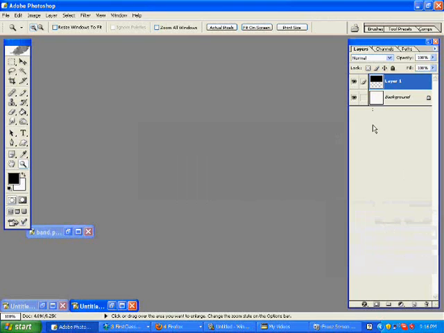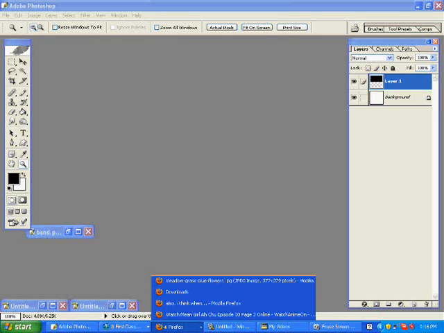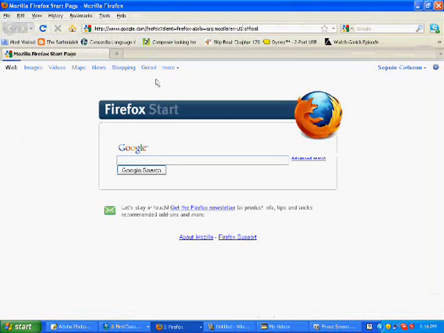Everyone, what I'm going to do today is show you how to turn an image into a tiling pattern. So I'm going to go into the internet, the World Wide Web, and try to find an image that I want to tile. Let's say, for example, that I want to create some kind of never-ending grass, flower, meadow texture. So I'll search for grass with flowers,